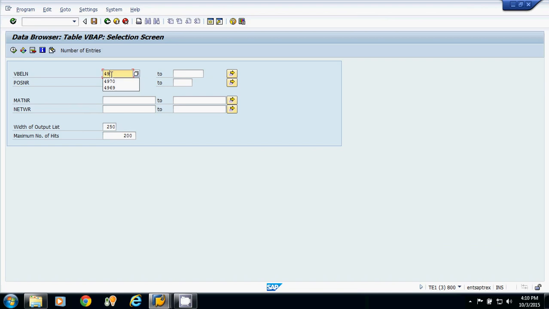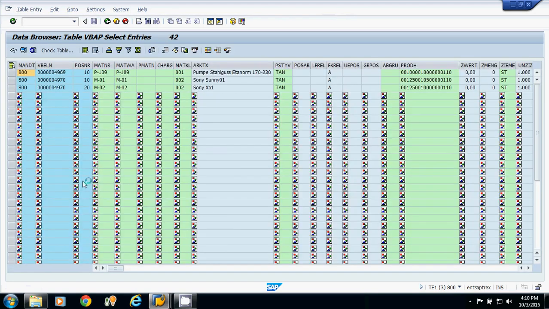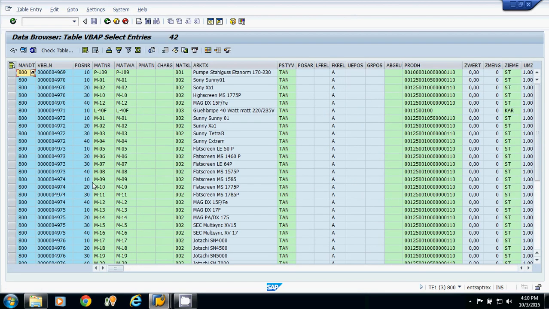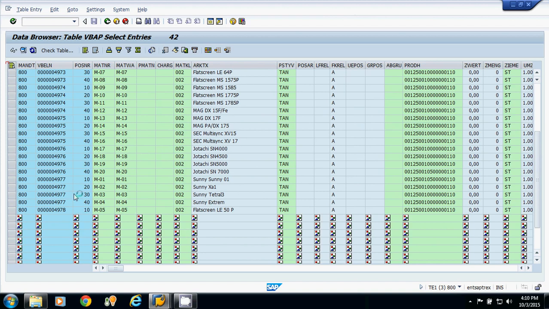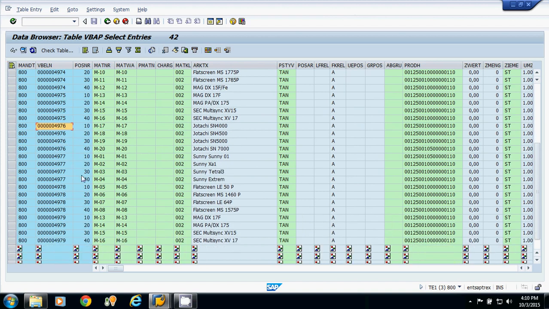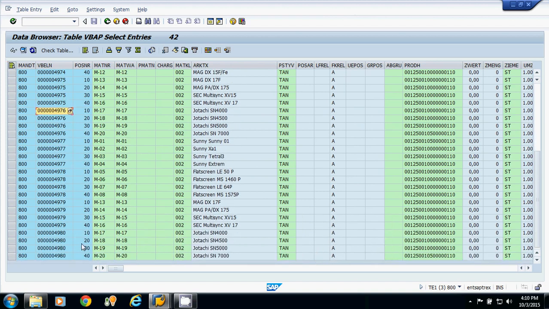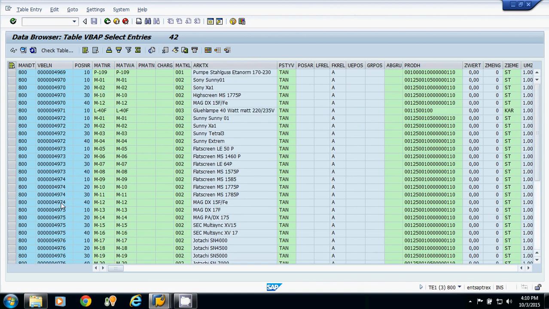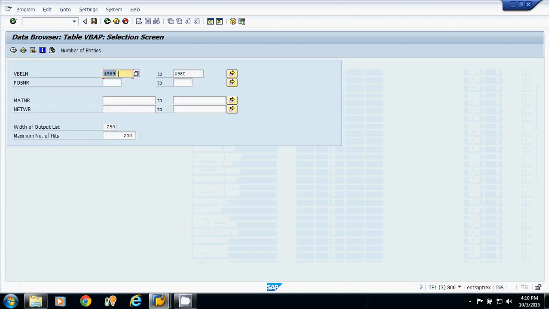Suppose I am searching for 4969, 4924, 4980. Suppose for 4976 it's 4 entries, 4980 has 7 entries. I am searching for the test case in which entries go on to the second page.